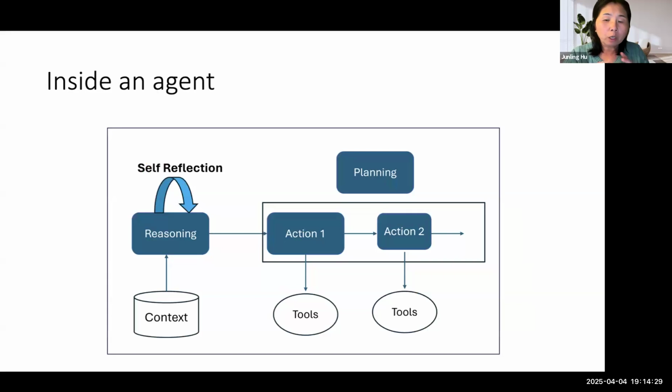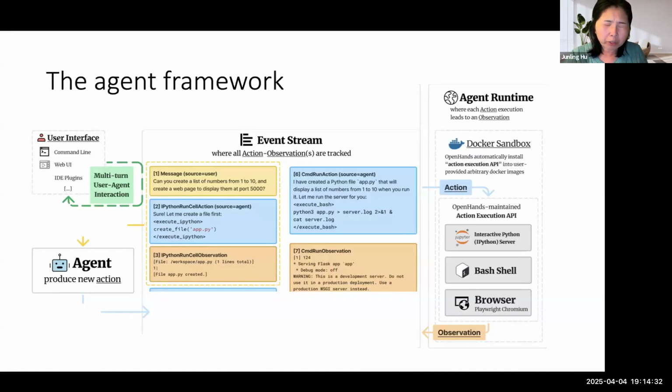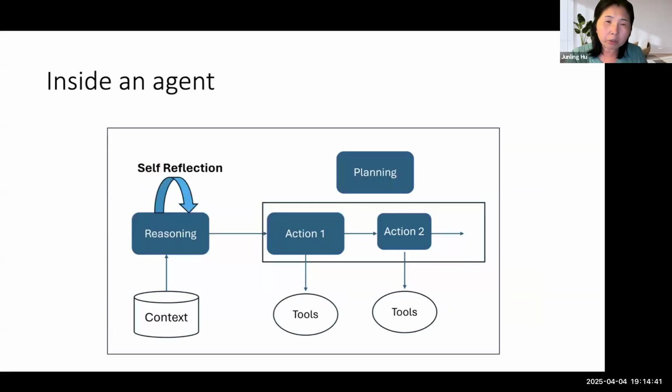But to give you really the under-the-hood view inside the agent, what everyone is building right now is essentially the capability for this agent to interact with the environment and take action. So the action goes out of this big box. What comes in is the user input, the context. The context could be the current user conversation, the current code, whatever the agent observes. The agent takes everything coming in, then does reasoning.